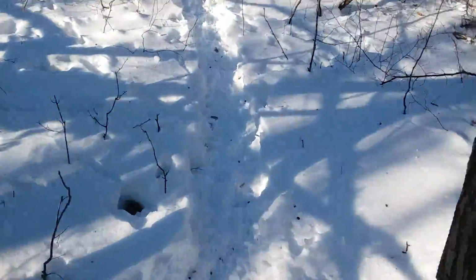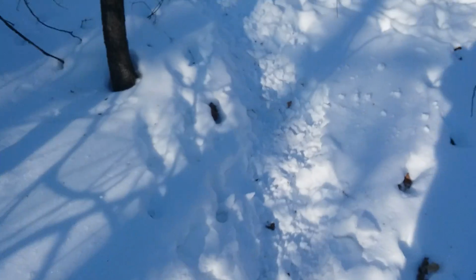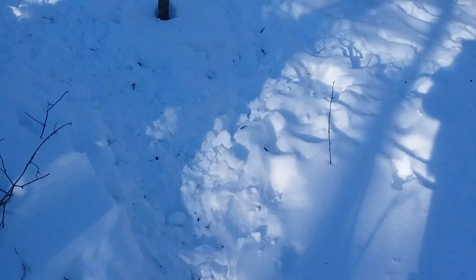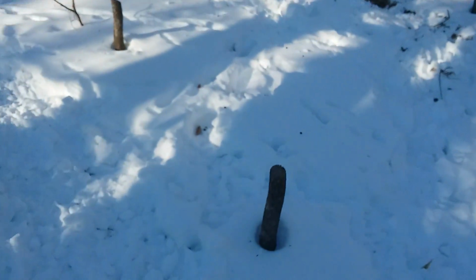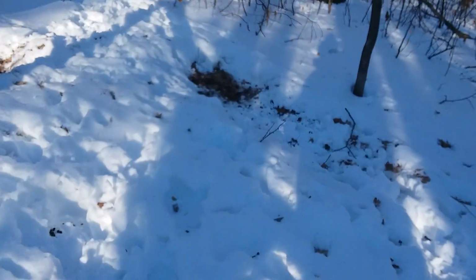So here we're back on a deer trail. You can see that it's just worn right down to nothing. Tons of deer poop, things like that. So up here was the spot I knew a deer would bed. It's the top of the hill. I'm guessing there's some deer beds up here. Oh yeah, look at that right there. Boom, boom, all the way